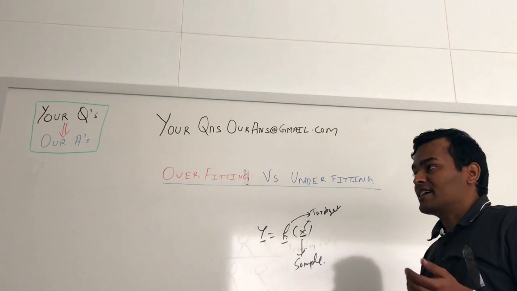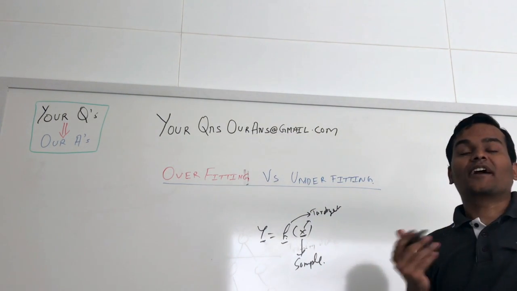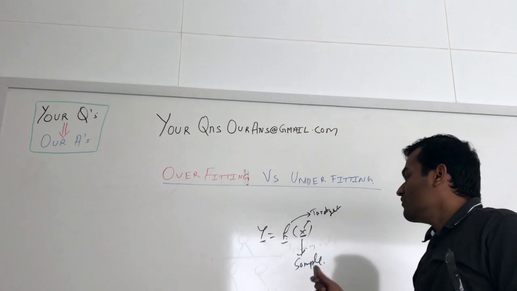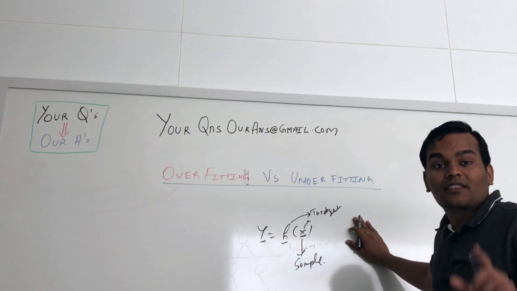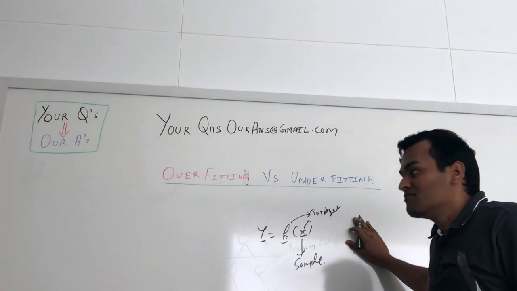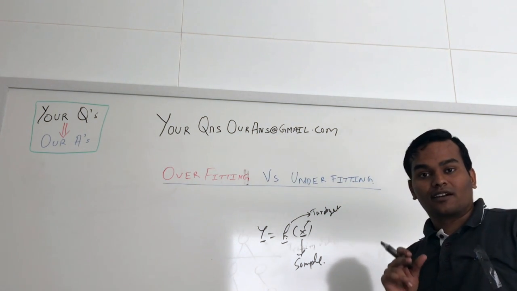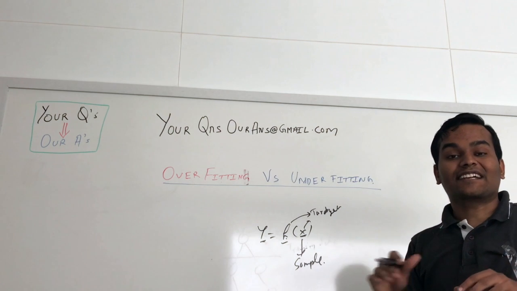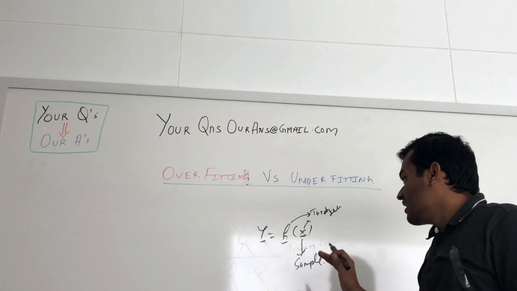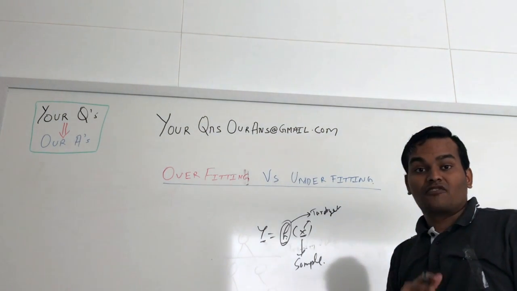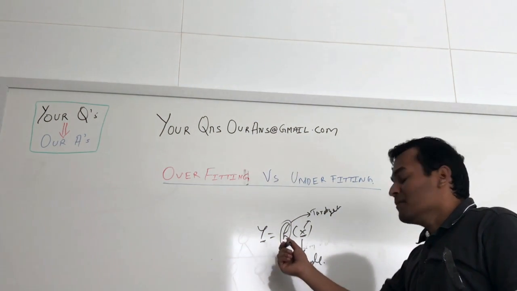Now overfitting usually occurs in non-linear and non-parametric models. How do we identify that overfitting is happening? Overfitting happens when the model is not able to generalize well on the unseen data, but it's able to generalize well on the training data. So how does this happen? Because our model has learned the noise as a concept. It has assumed that the noise, the variation, the randomness is part of the target function, which shouldn't be, because we have to generalize at the high level. We should not learn the noise, right?